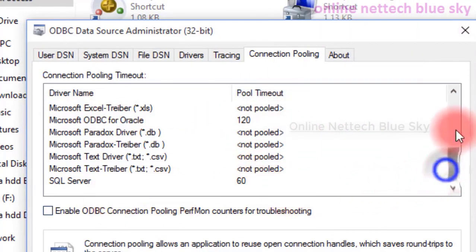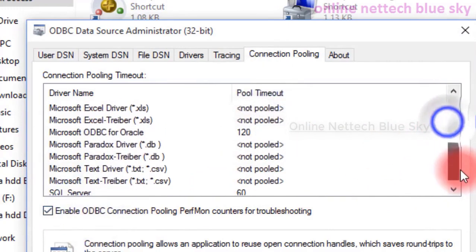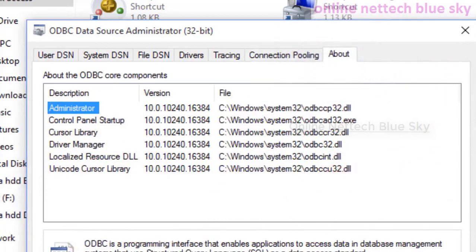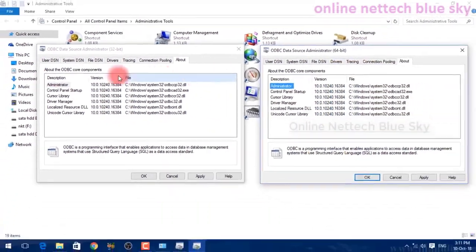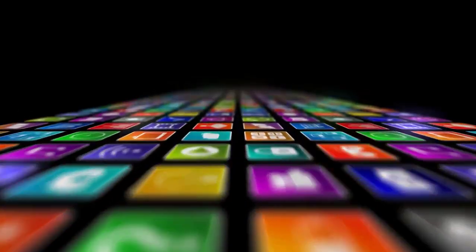So with ODBC Oracle, sometimes it may not work, and you can connect on the pooling platform. Counters and troubleshooting mean that sometimes a file does not work perfectly or is busy. So you can check and connect to troubleshooting. You can see I already talked about it. So thanks for watching my video. In the next video I will discuss the next topic.